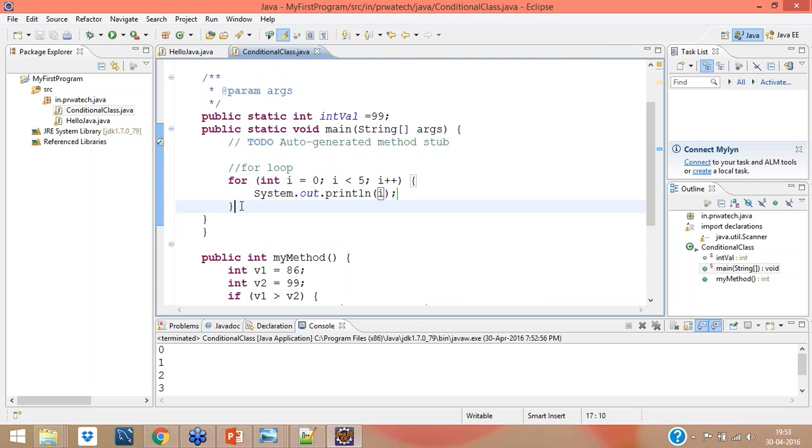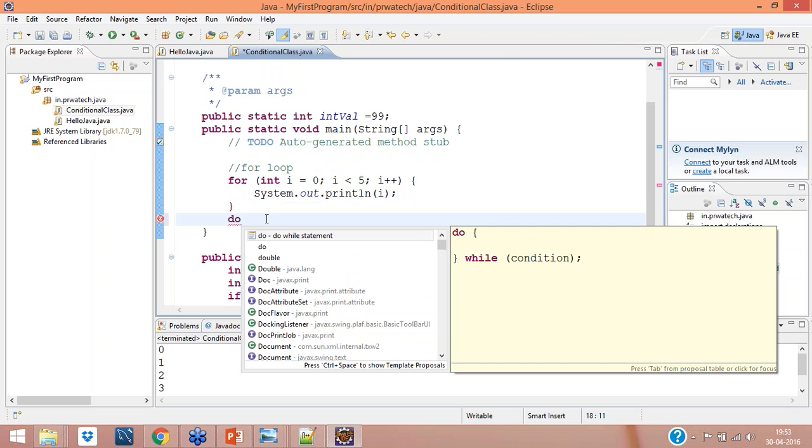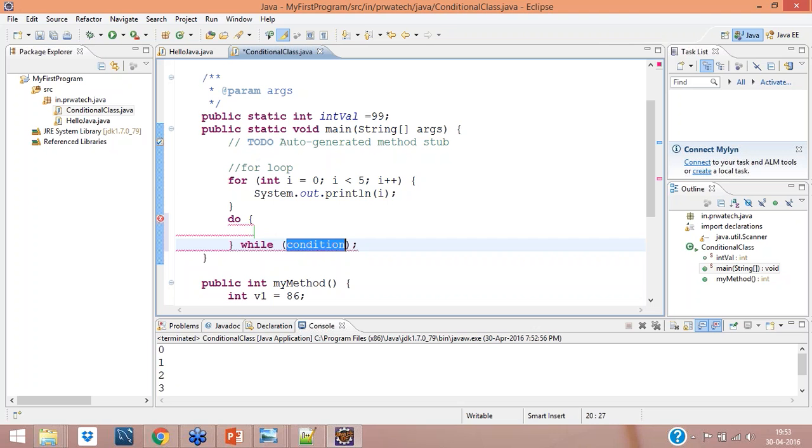We can put switch case statements and we can put do while. So let me do a do while. Do has something, let me do the same. See, this thing is also coming. So this is do.